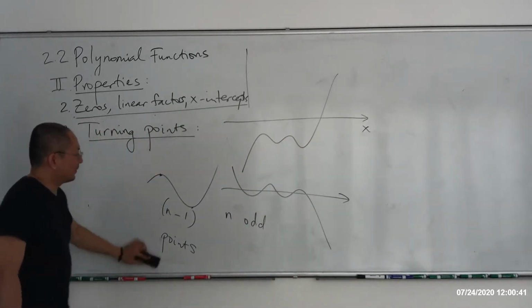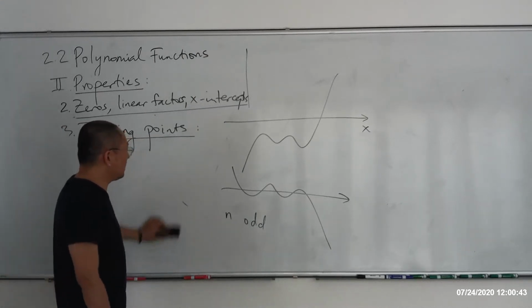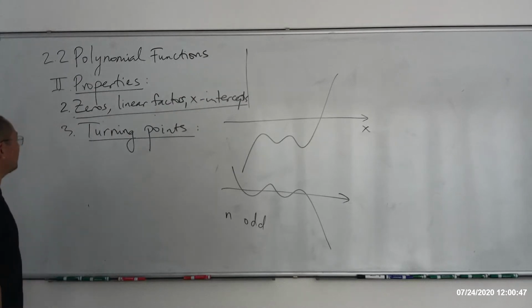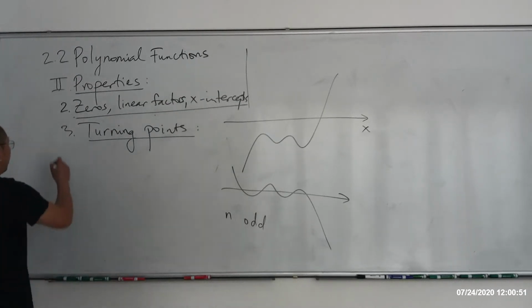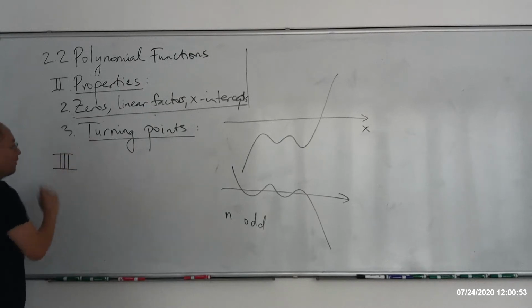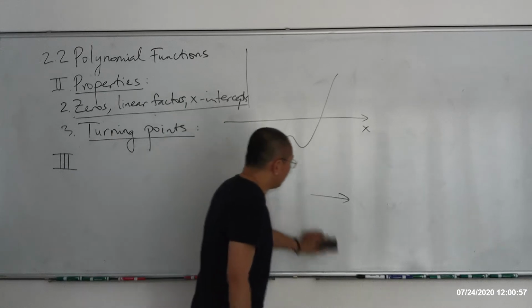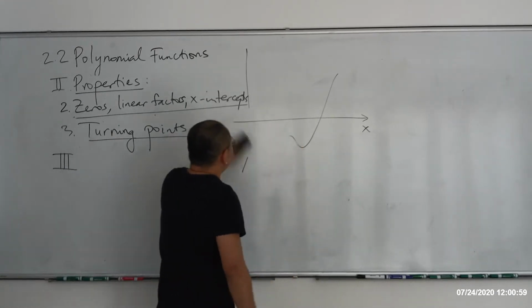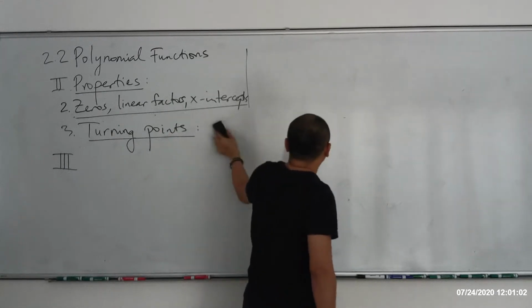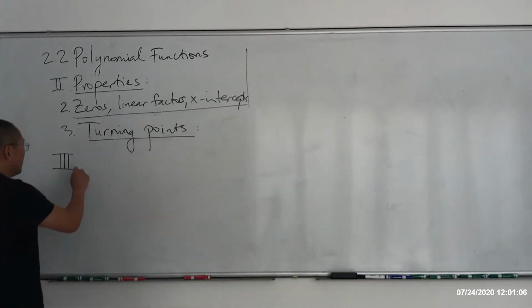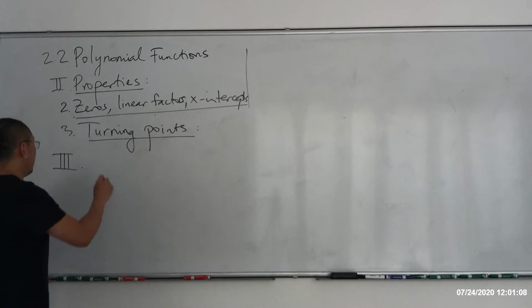Next question. How do we find the zeros if we know that it has one? Okay. Let me introduce you to another item for the day. Item number 3, big 3. It's a very famous theorem, very popular theorem. It's going to help you, well, if not be able to find the exact zero of a polynomial, at least it's going to help you to approximate a zero of a polynomial. And the theorem name is